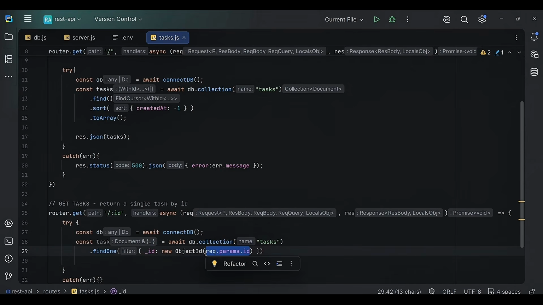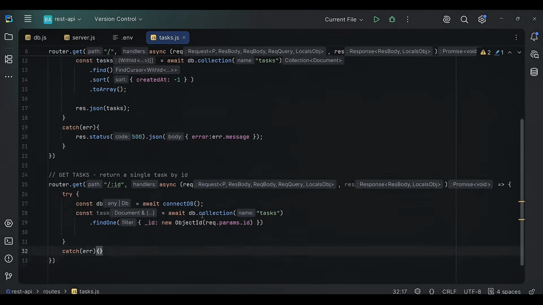So request.params.id is the parameters that we send in with the request. The ID is going to be the value that we send right here. It's going to take that and search the underscore ID field that all of the documents have, and see if it matches that. Any document that matches this field with this ID will be returned and it will get stored in our